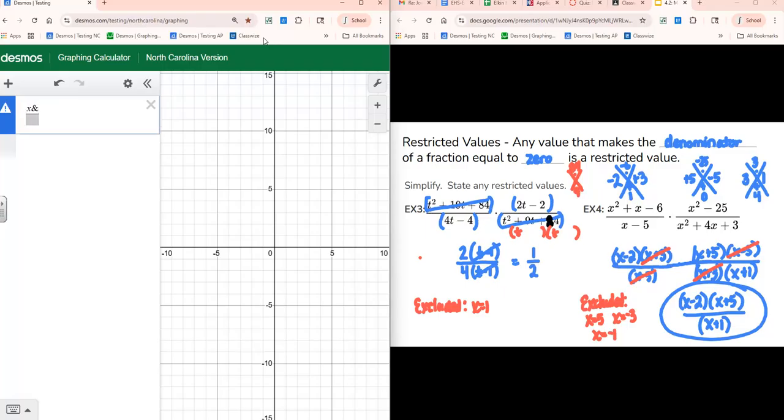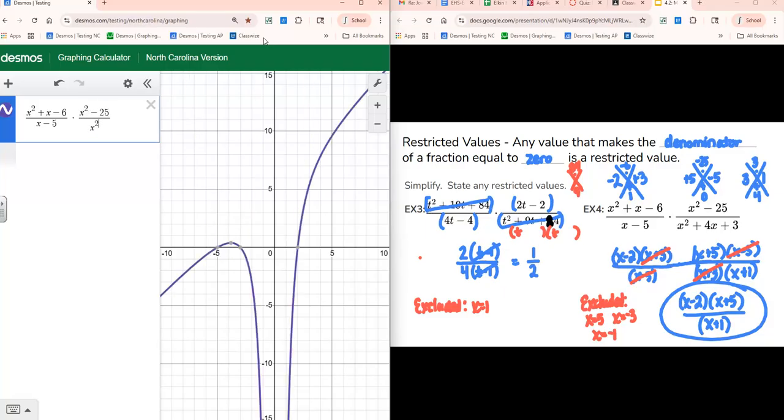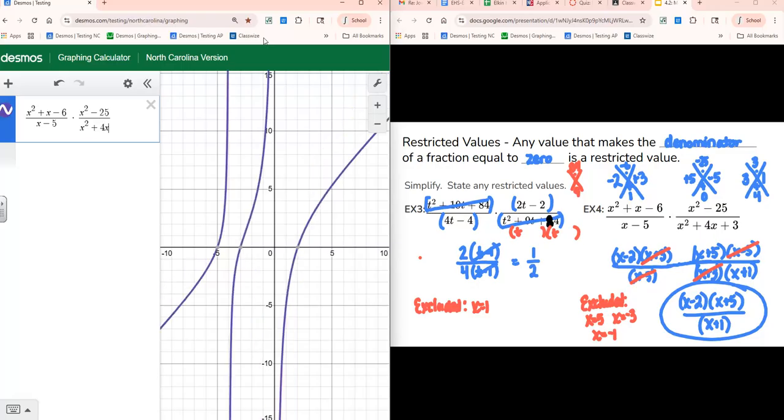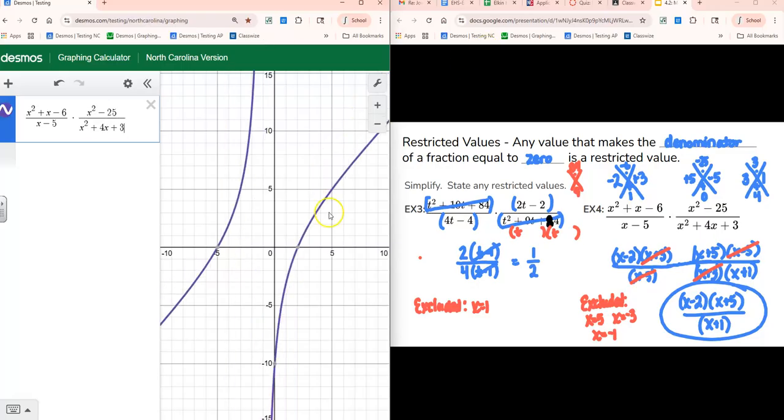They're long, so it takes a while, and you have to be careful not to type them in incorrectly. But if I type in the original, like this, you'll get some crazy graphs on some of these. And then I type in